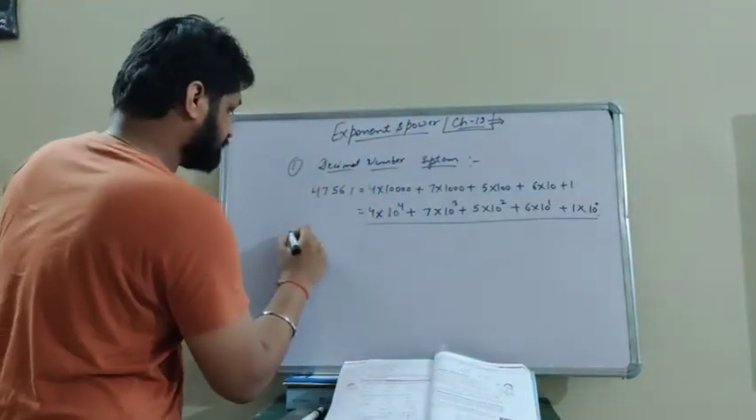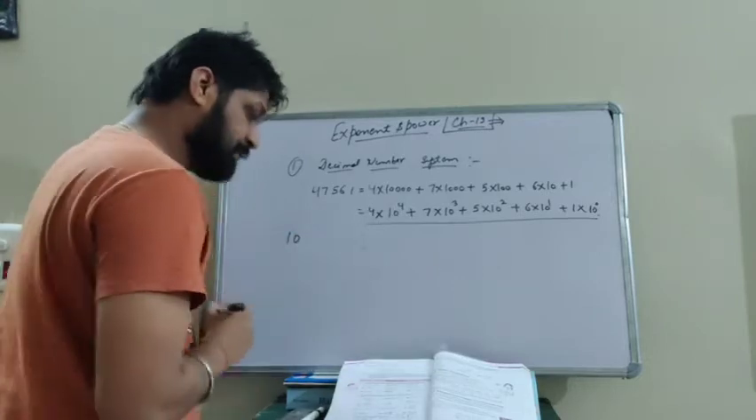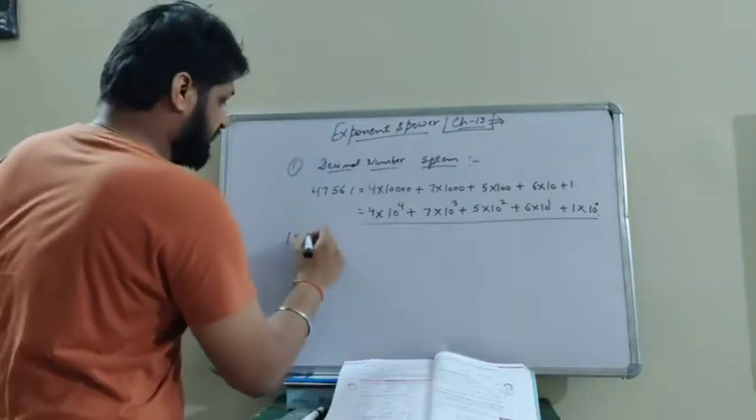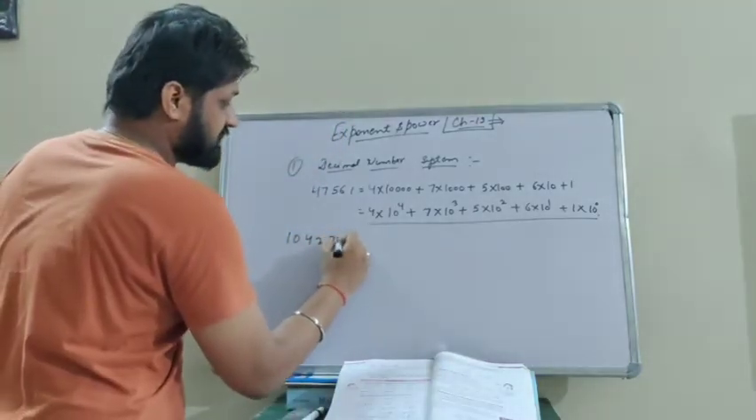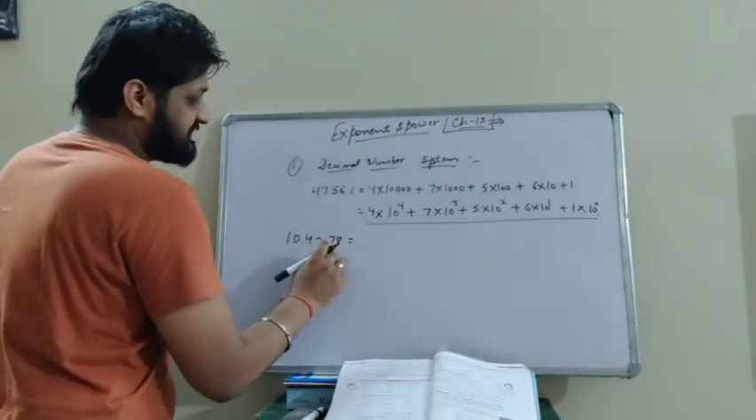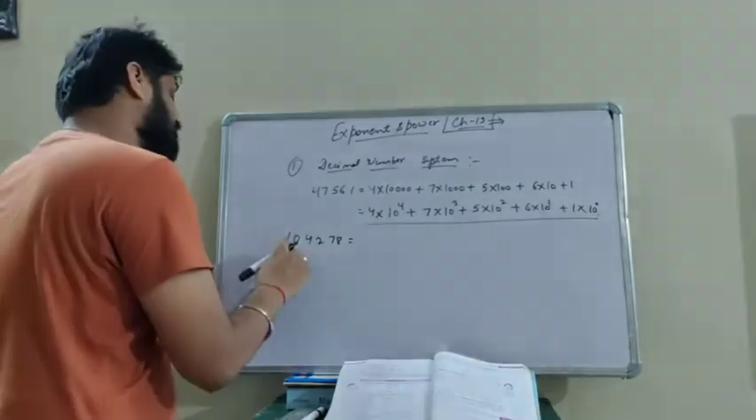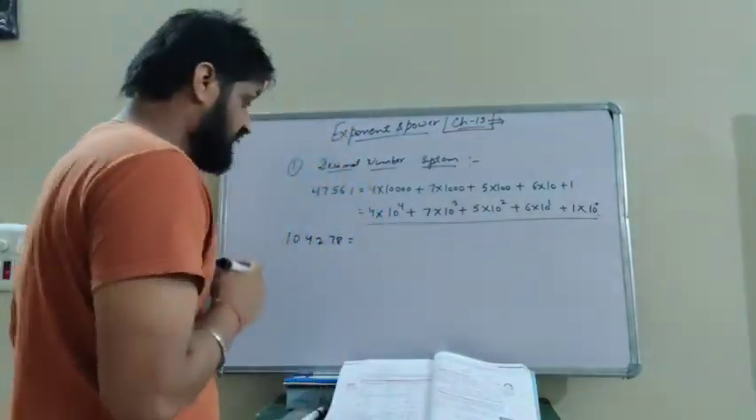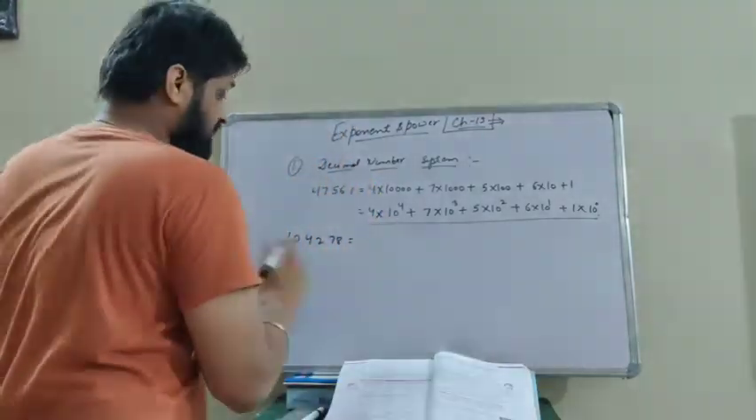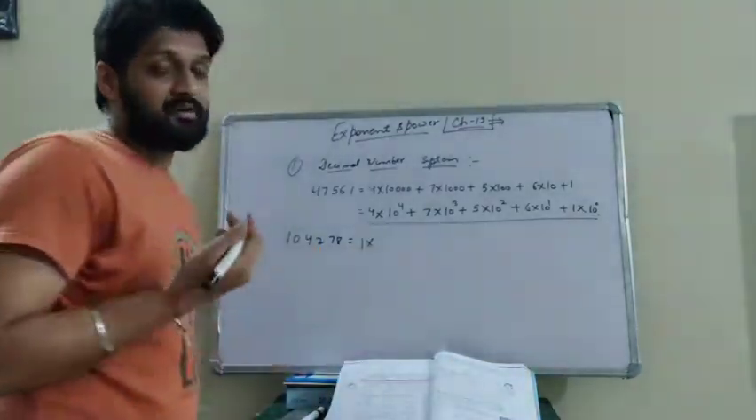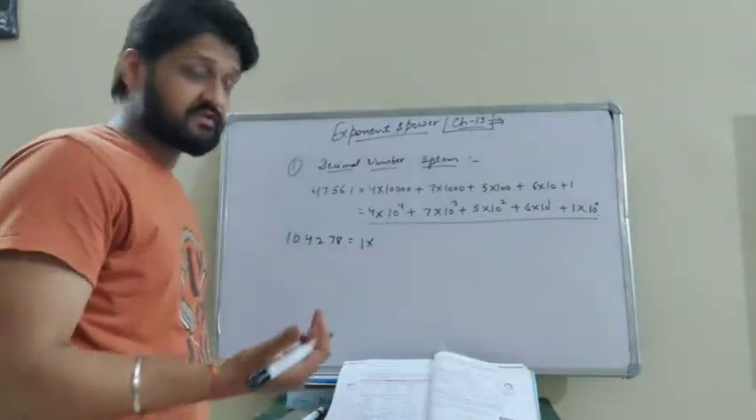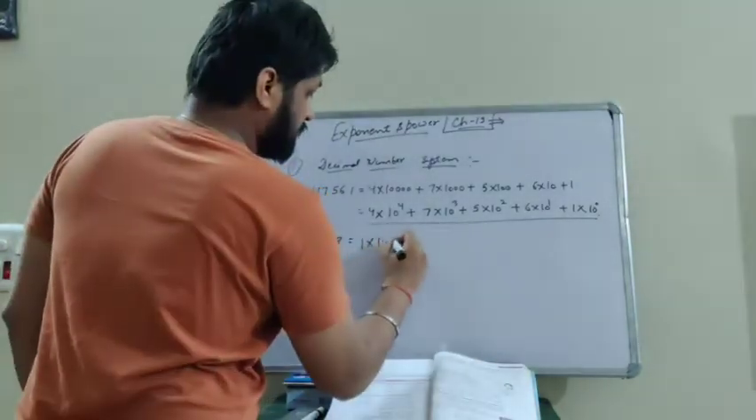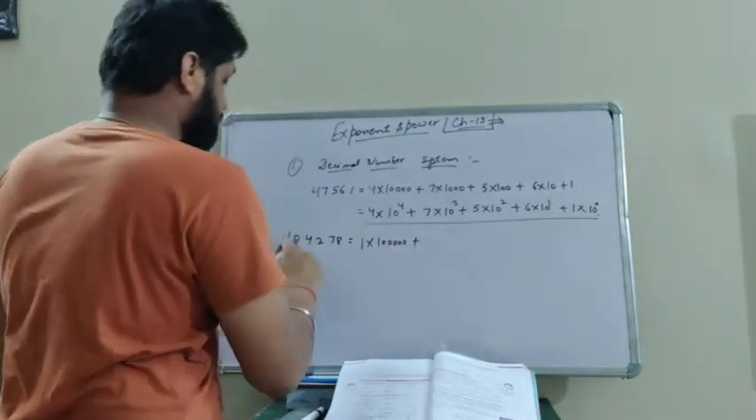One more example is there, that is 104278. Now ones, tens, hundreds, thousands, 10,000 and lakhs. So we have to expand this. So what is here? 1 multiplied by the lakhs, meaning how many zeros? 5 zeros. 1, 2, 3, 4, 5, plus 0